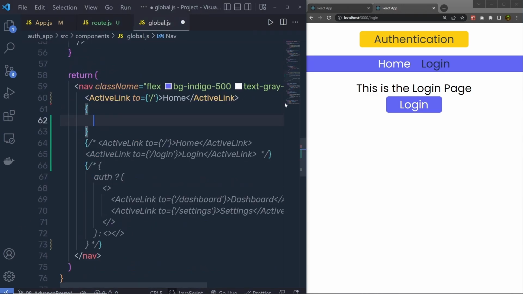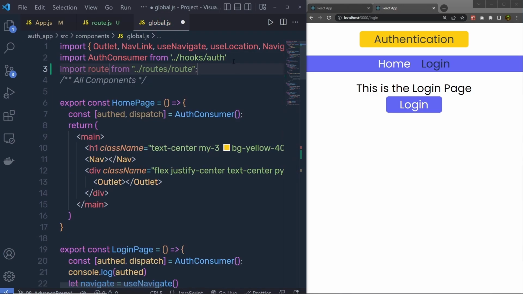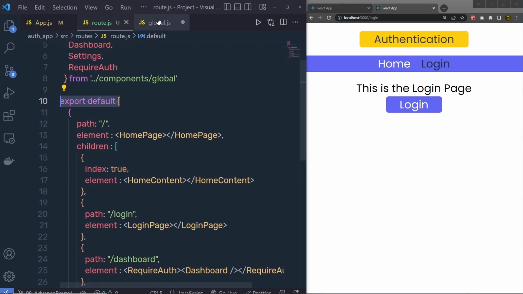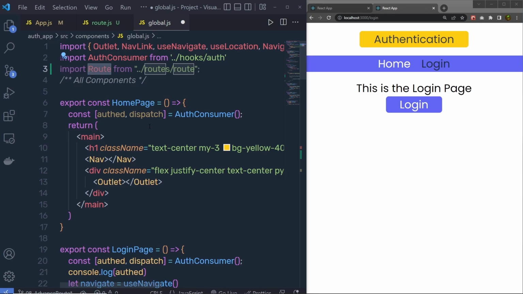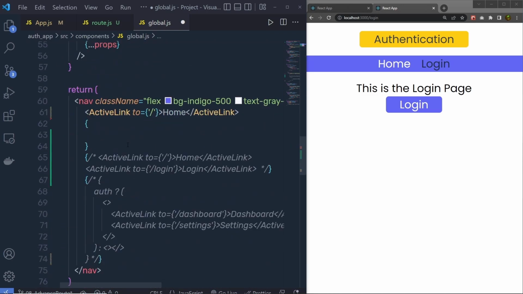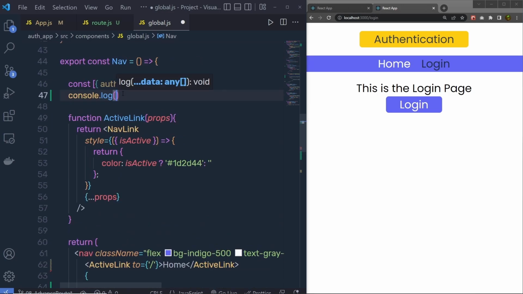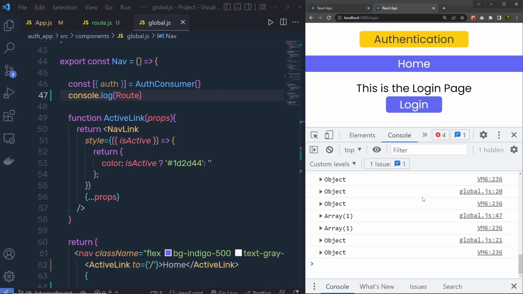To get this object right up here, I'm going to specify import route from the route file. So I'm going to import the route object. Now because the route object is the default export from this file, I can access this with different variable names. So once I have this object, I can then specify that right here and then iterate over it. But if you try to print this, let me get rid of this. And if I say here console.log, and if I print this route, save this file, open the console, reload the